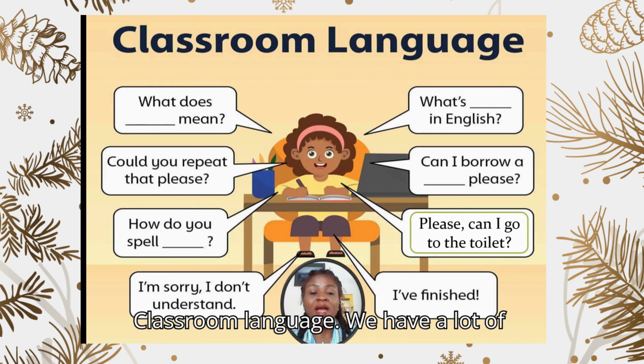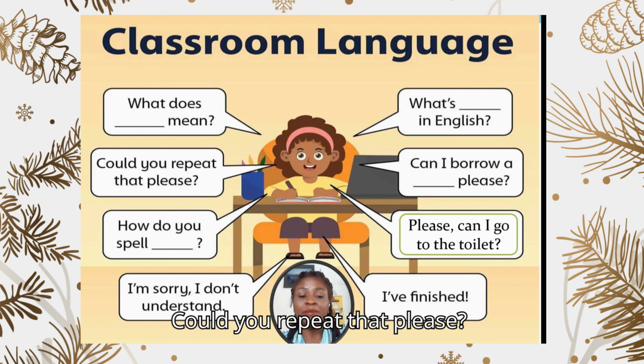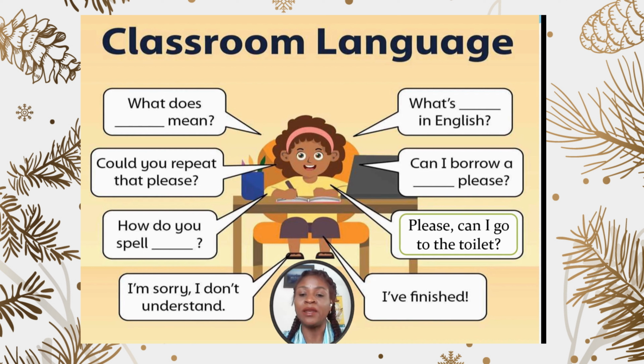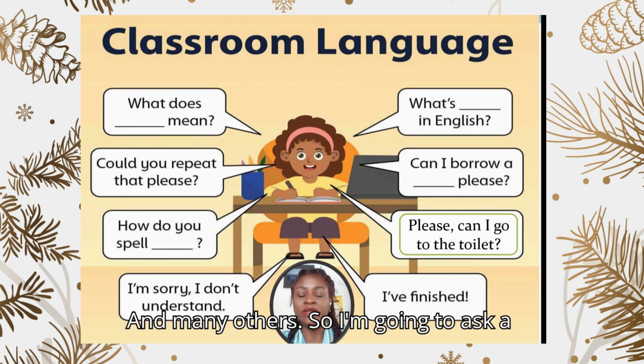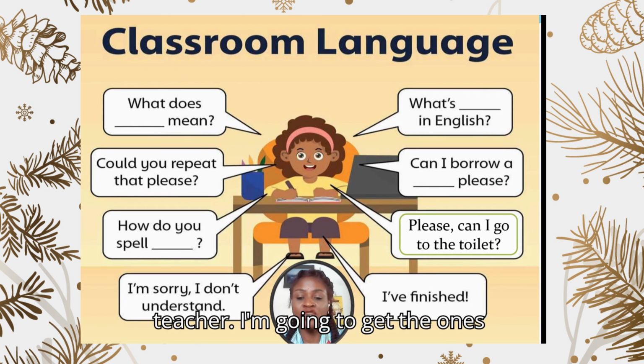Classroom language, we have a lot of. Could you repeat that, please? How do you spell that? I'm sorry, I don't understand. What's that in English? Can I borrow a pen, please? Please, can I go to the toilet? And many others. So as a teacher, I'm going to get the ones that I consider very essential,